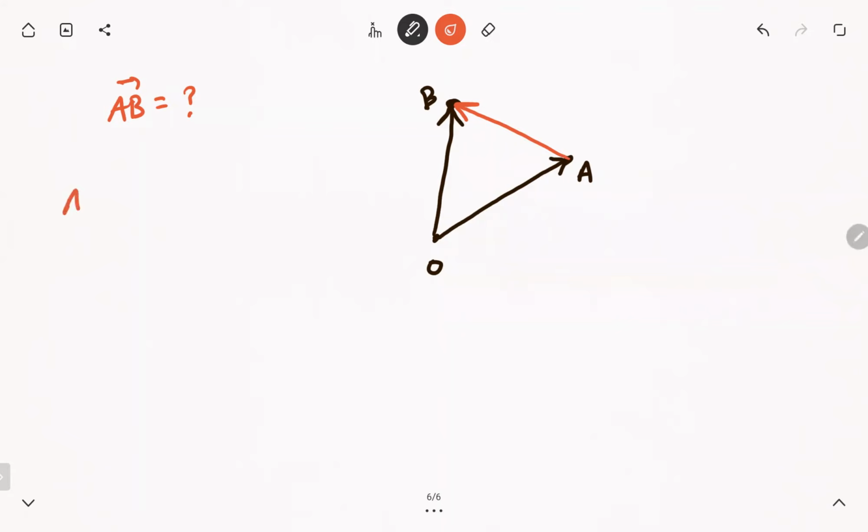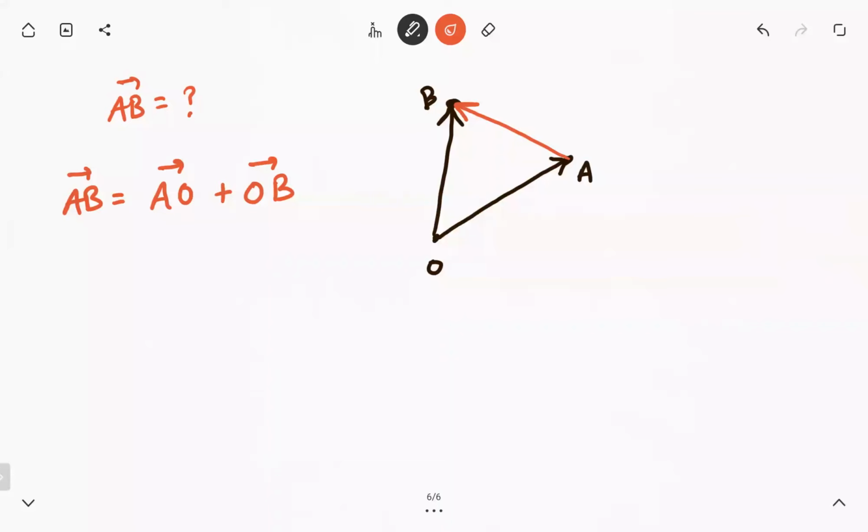Like I can make a path here कि if I want to move from A and want to go at B, so A से पहले मैं O तक आऊंगा ऐसे, that is AO, और फिर O से B तक चले जाएंगे, so finally you reached at B. So the path for AB, the alternate route for AB should be A to O vector and then plus O to B. That is how you will find the vector AB, A to O and O to B. अब समझें इसको थोड़ा सा और।